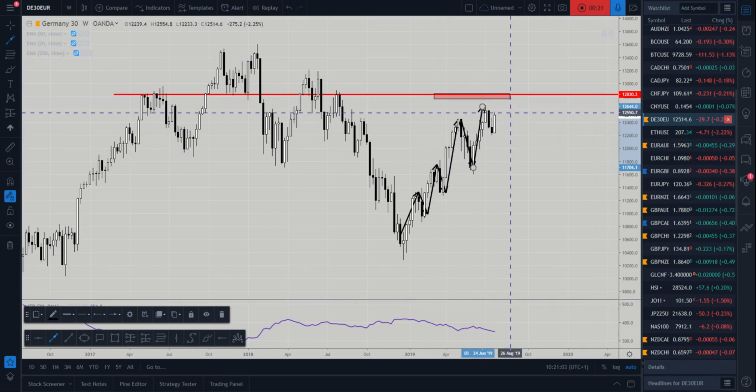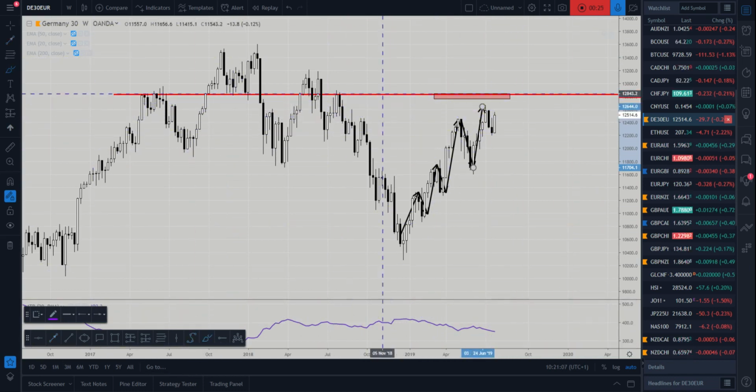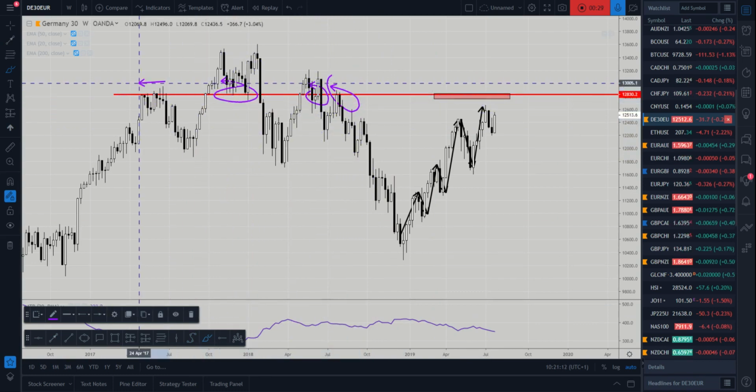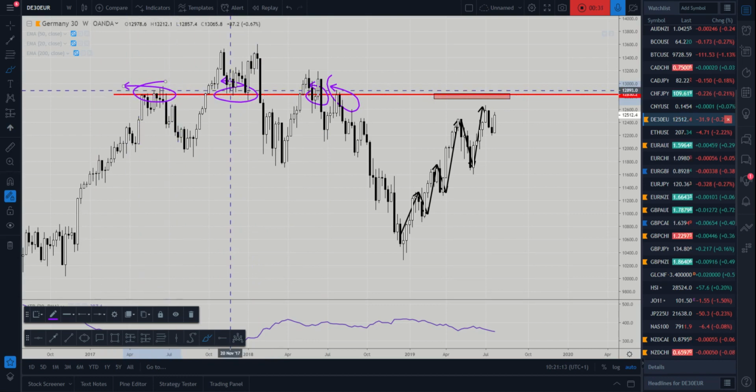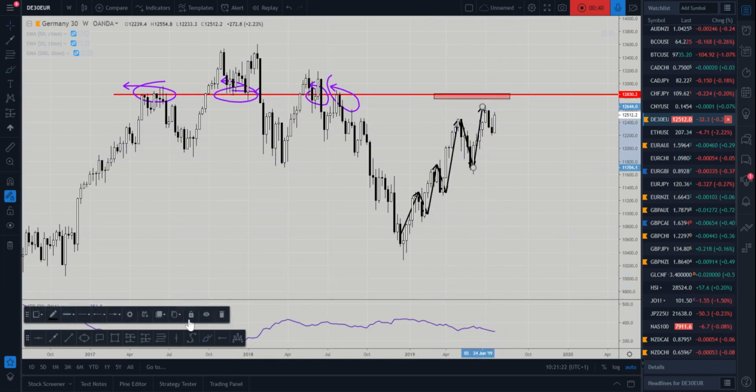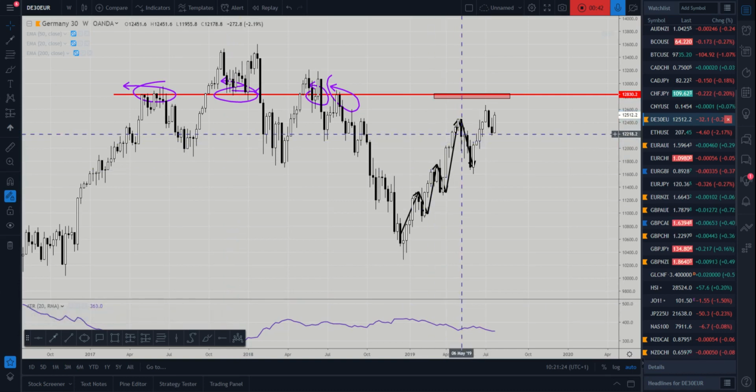Now we expect the market to come and retest this area of structure that has been used in the past. So you can see it was resistance, support, resistance, support over here. Now all I'm doing is looking for the market to come and retest that level, okay? And if we just dive down into lower time frames, I'm just going to go into the daily time frame